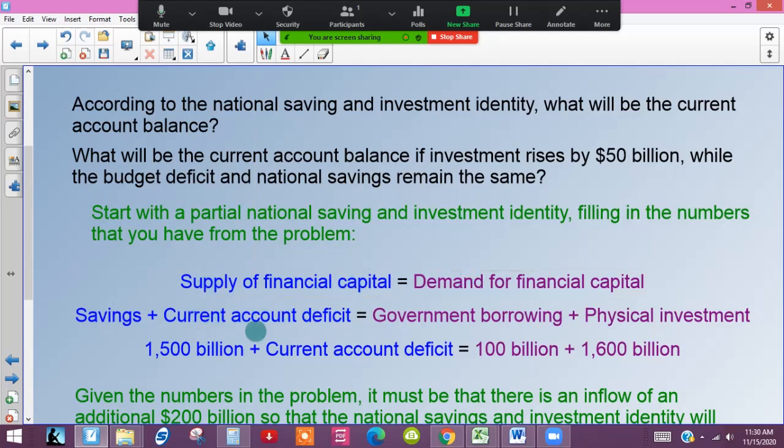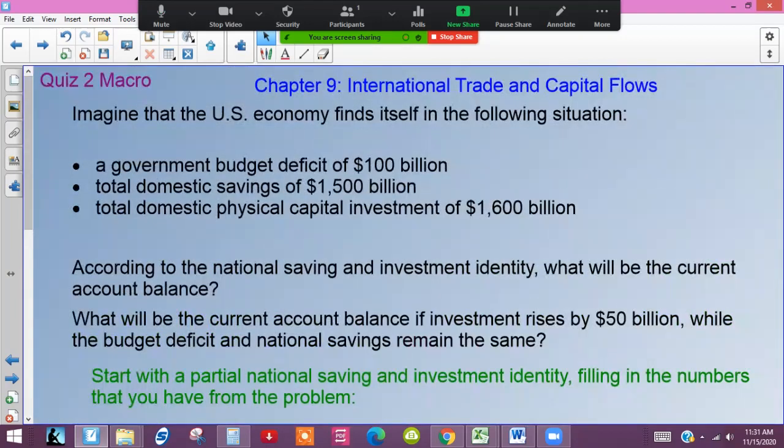So this is what we do not know. We know what the savings is. We're given it in the problem of 1,500 billion. We know what the government borrowing is,